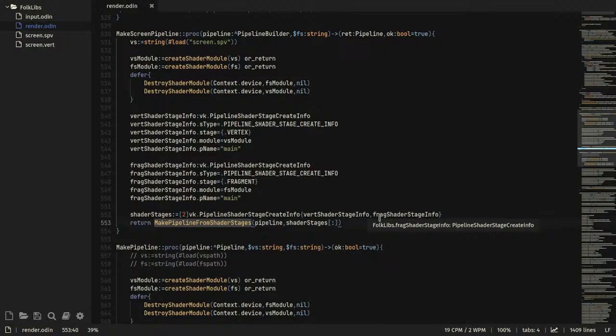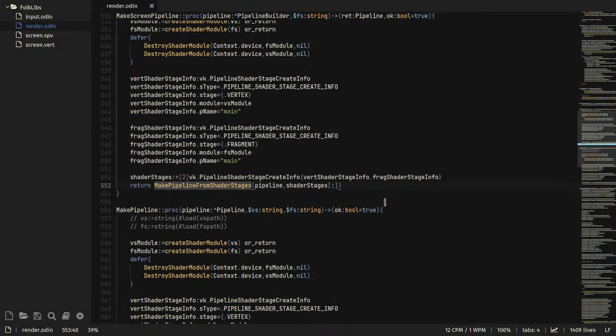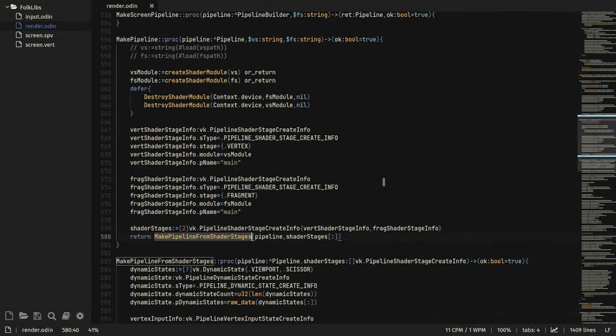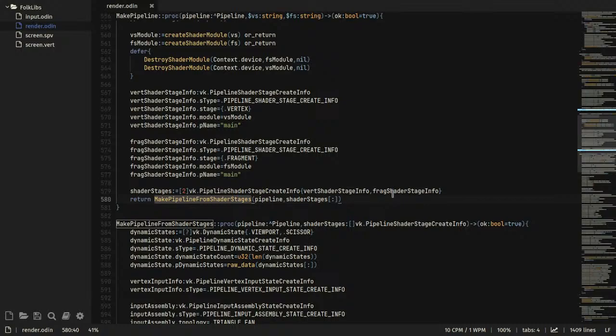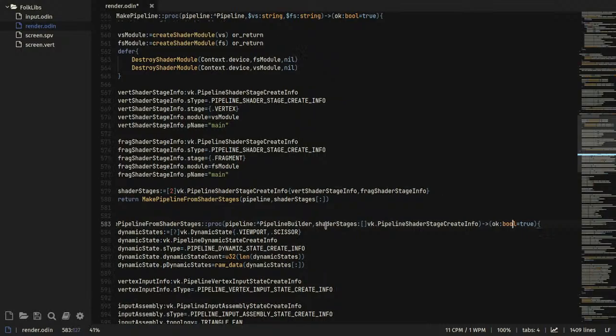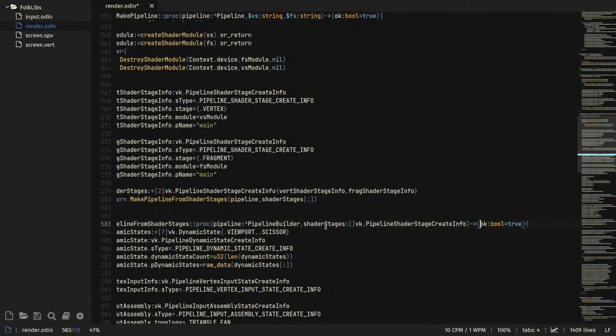Hmm. Yeah, okay, so I can do the same thing here. Builder and do it's